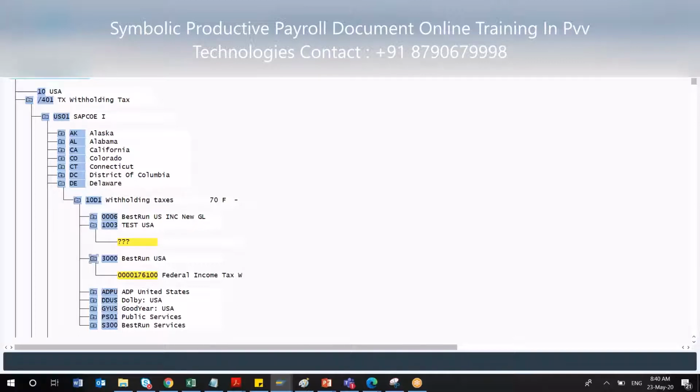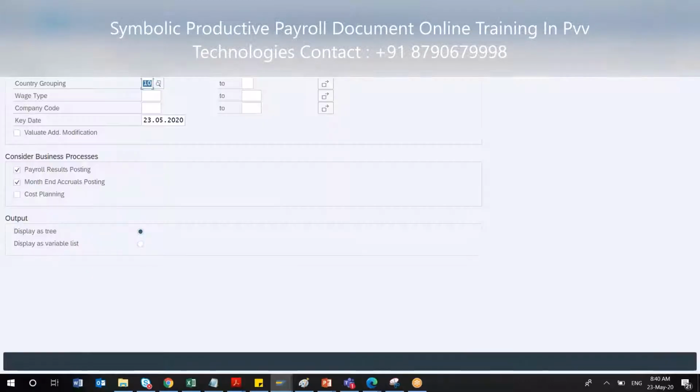No, you do not have to do anything here. So basically it's a report, as I was saying. Okay, it is a kind of report only. Yes. So it's actually a wage type assignment. If you see at the top, it is basically a wage type assignment, display GL account. So which wage type is connected to which GL, that you can always come here and verify.